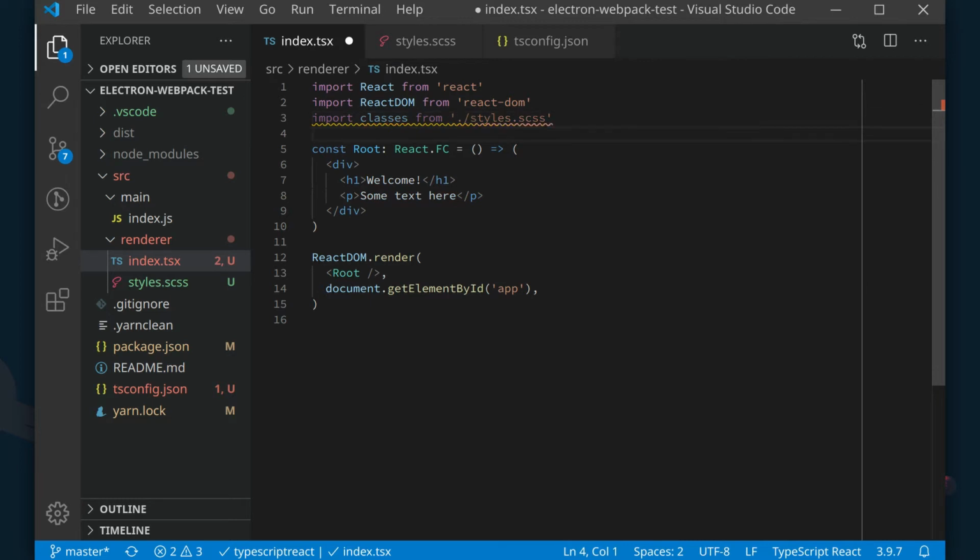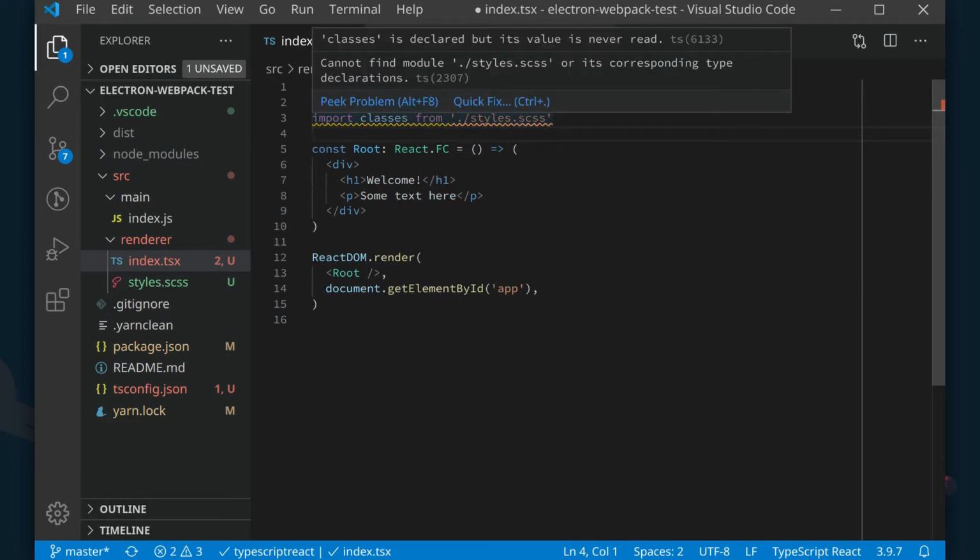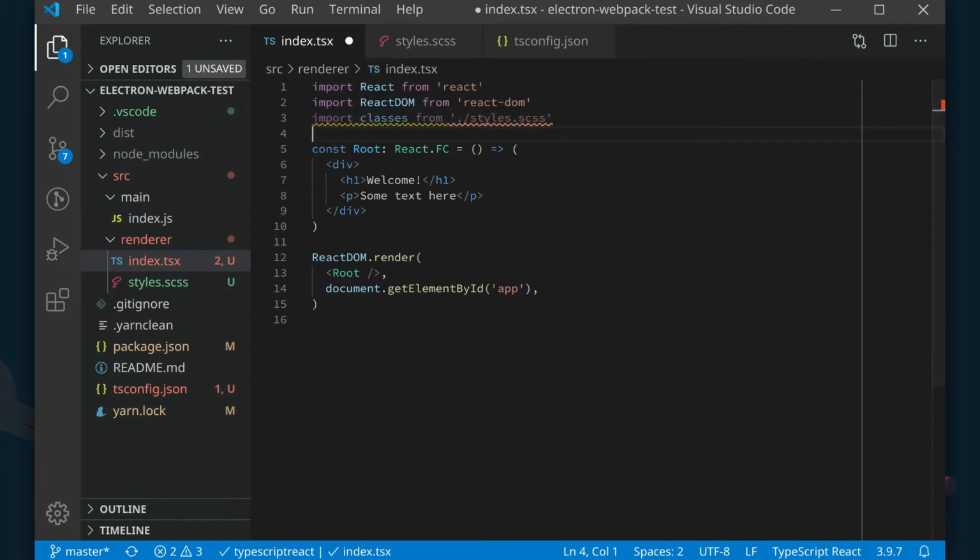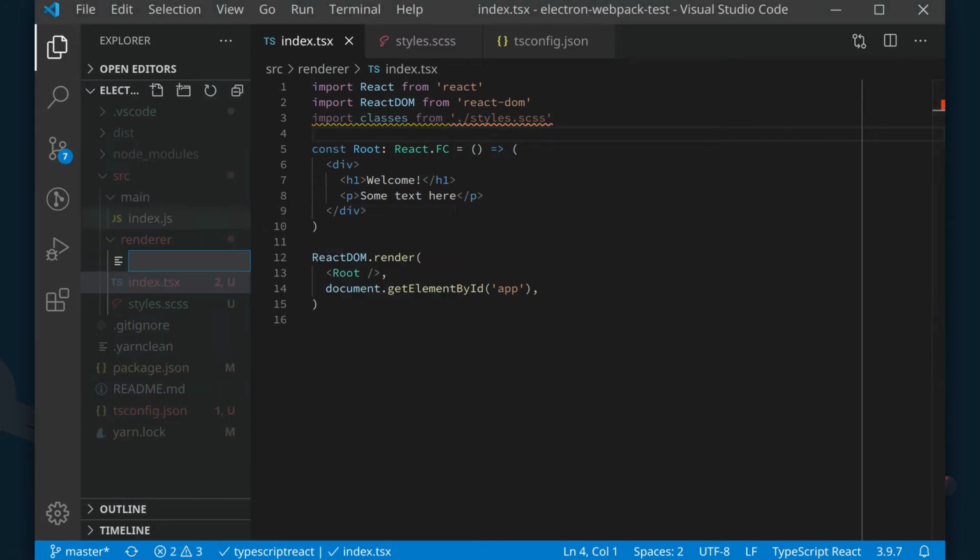As you can see here, we are getting an error because the module is not being recognized by TypeScript. Electron-webpack already has the setup in place to make it work, but it will still fail because TypeScript is not yet aware of the CSS modules. So let's go to the file explorer and create a new file. I will place it inside the renderer directory and it will be called